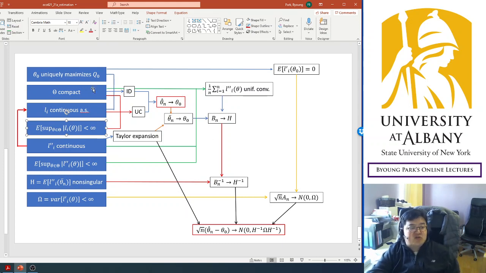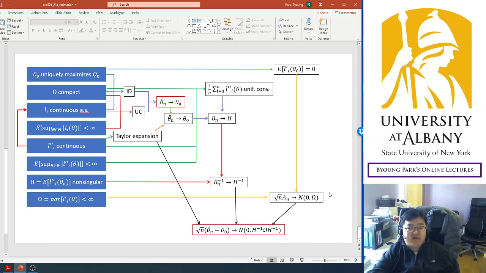And then number 2, number 5, number 6 imply another uniform convergence, uniform convergence of the second derivative. The second derivative uniformly converges, and Taylor expansion requires continuity, and then Taylor expansion implies the intermediate value converges, and together with consistency implies consistency of the intermediate value. And combined with uniform convergence, we have Bn converging to H, and with non-singularity of H, by the continuous mapping theorem, we have Bn inverse converging to H inverse. And